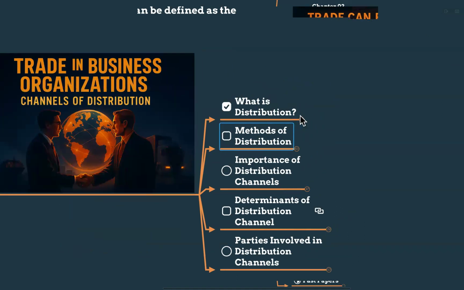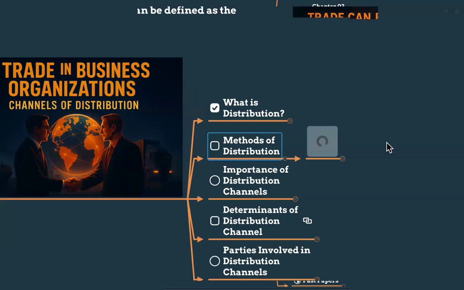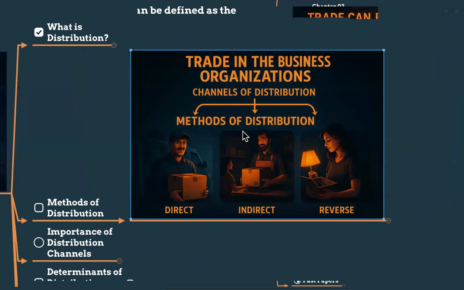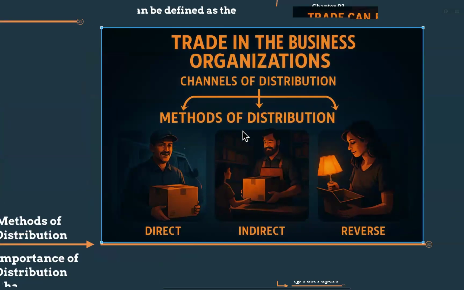And now let's learn about the methods of distribution. So you are clear right now. We need products for the distribution. Now we will learn about the methods of distribution. What this means? It means the different ways the products can travel from the maker to the user. Like you're choosing different routes to reach a particular destination.